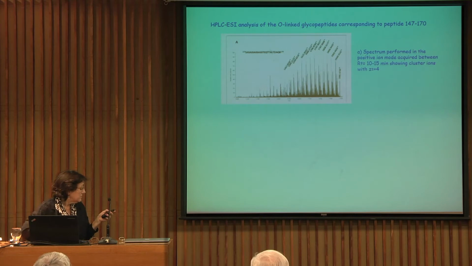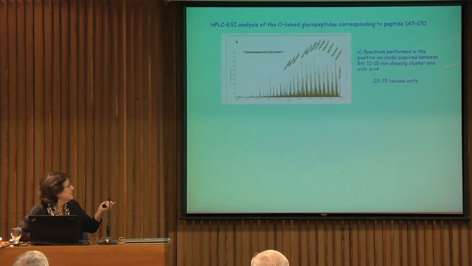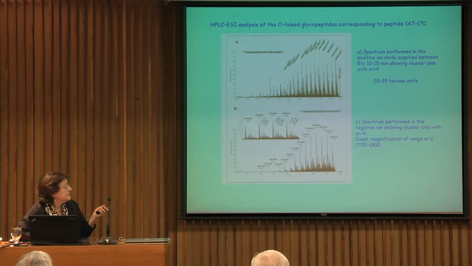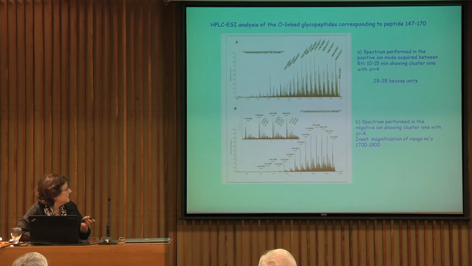And so we thought, in this case it was bearing also 28 to 35 hexoses, well, just do it in the negative ion mode. And we performed the same spectrum, but in the negative ion mode, we could detect a cluster of ions with charge -4. And if you look between the major signals, in the magnification, you can detect other signals that correspond to the same peptide with a miscleavage, bearing from 28 to 30 hexose units and from 1 to